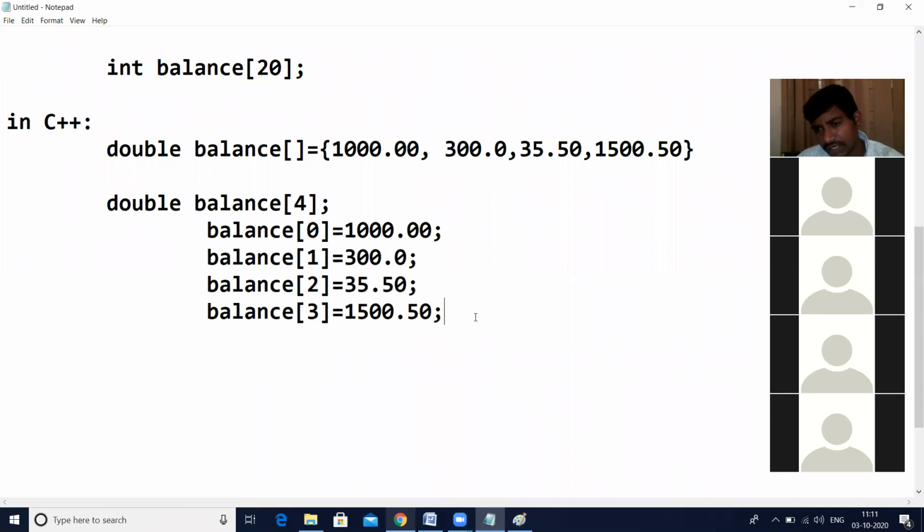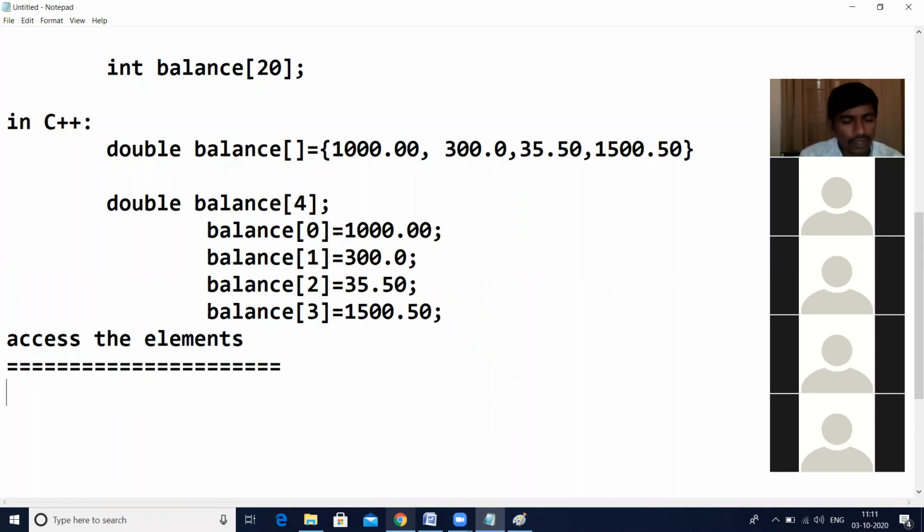Okay, if you have any doubt, you can send it on the chat. Okay, this is initializing the values of a one-dimensional array and then accessing the elements. How to access these elements in C++? Accessing the elements. We can access individual elements and also the whole array at a time.